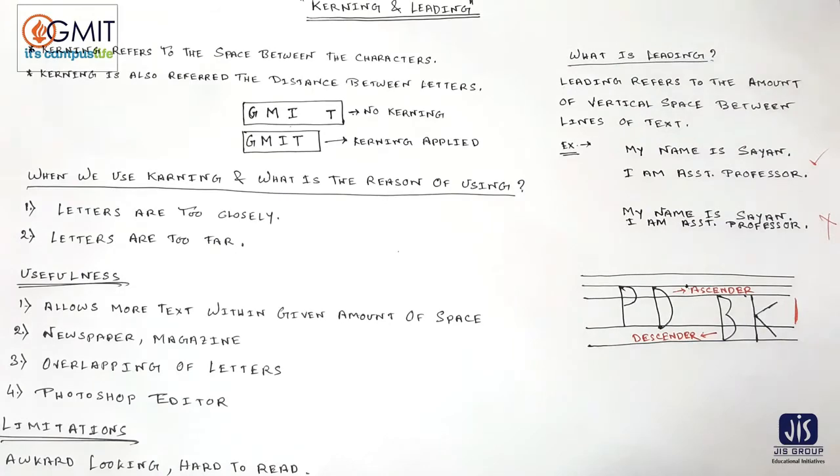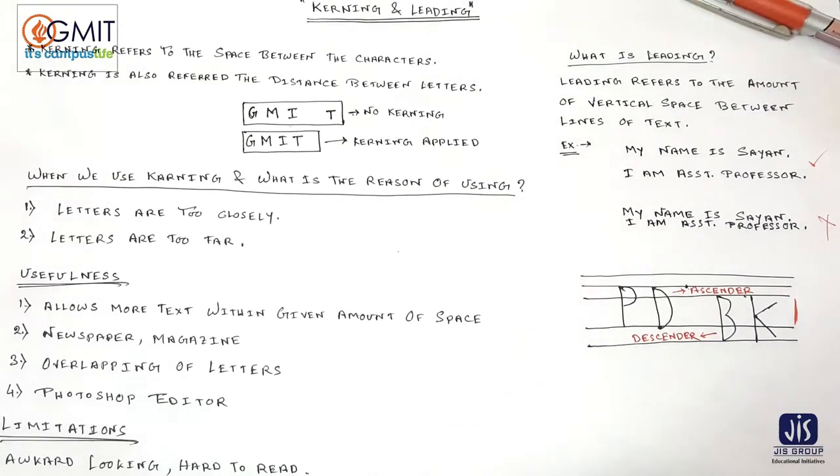This portion is your baseline. Now, leading refers to the amount of vertical space. Now you can see some of these letters are going in an upward direction from the baseline,